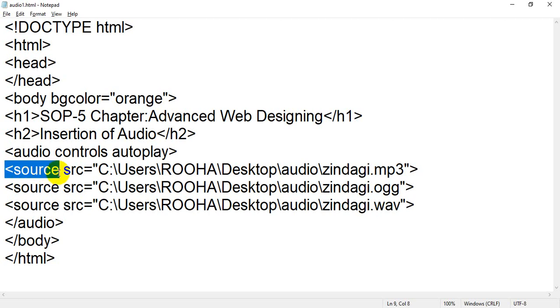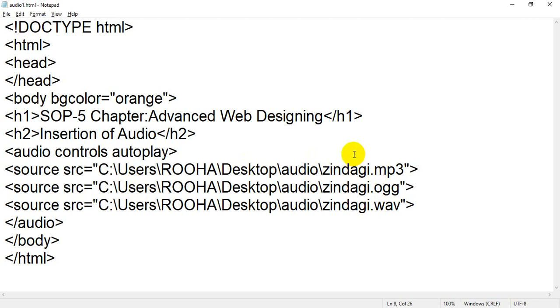In the source tag we have used the src attribute, and in src we have written the path of the audio file which we want to insert. So we have taken 3 source tags and added 3 files which are the same, but the file type is different.